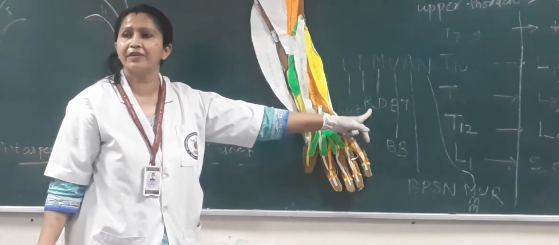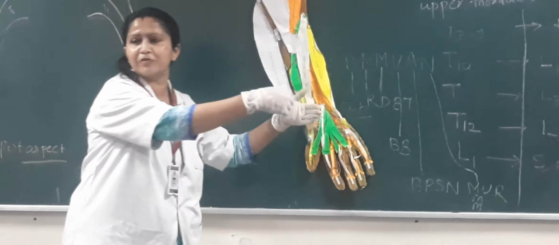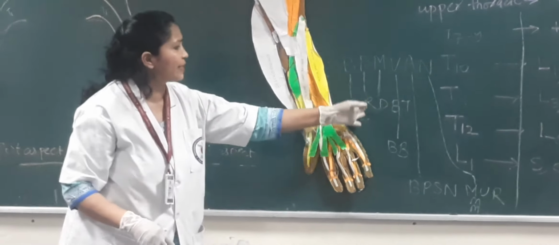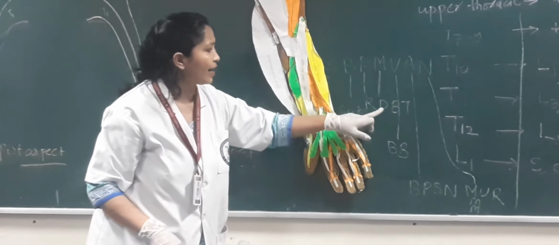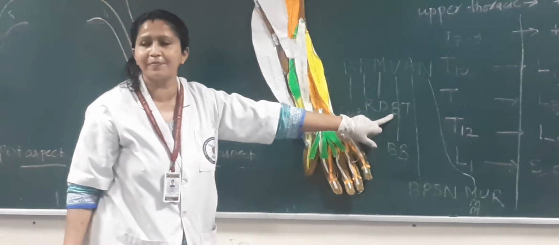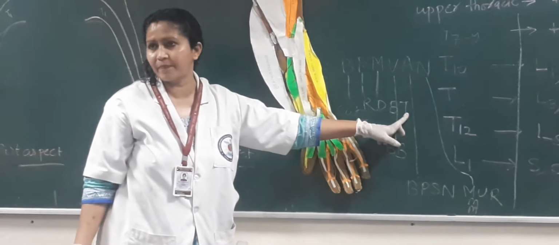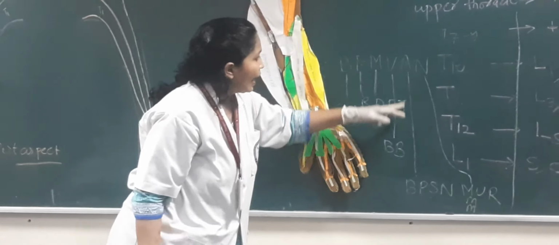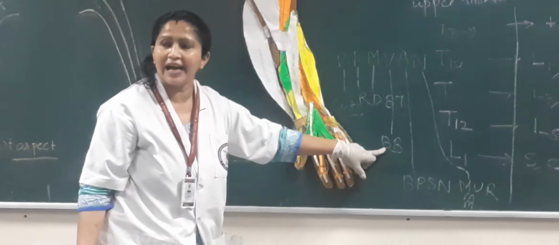R for ridge. The medial intermuscular septum and the lateral intermuscular septum are attached on the supracondylar ridge, so they become very prominent. Muscle: insertion of deltoid, origin of brachialis muscle, and origin of medial head of triceps. Okay, these three muscles. And V: basilic vein and the brachial vein.